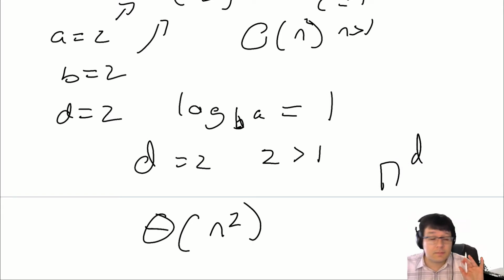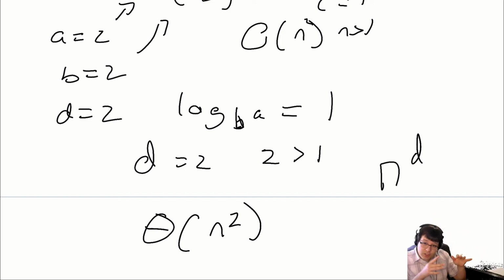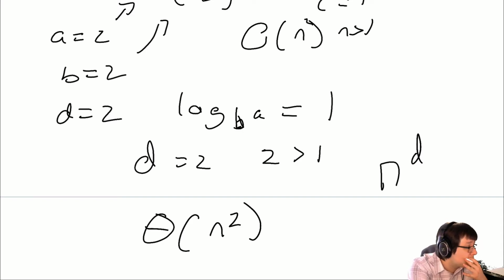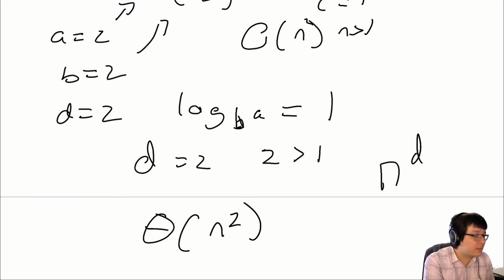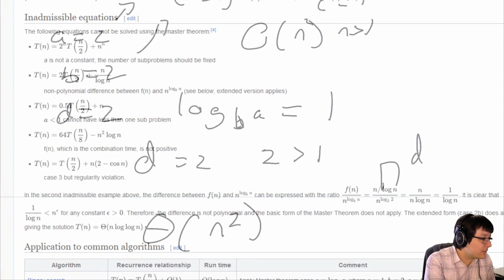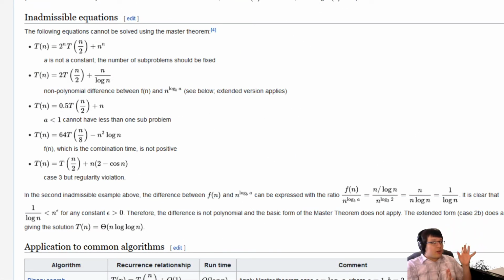So yeah. Okay, so now changing gears. What does not work? We saw one case, but there's more. If you look in Wikipedia, there's a couple that don't work. I think it might be easier to share my screen on that, and we can look at them for a minute. So, inadmissible equations. Let's go over one of each of them and see why they don't work, okay? So looking at the first one,